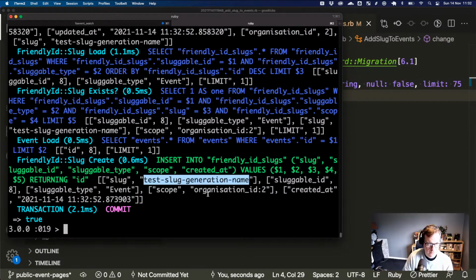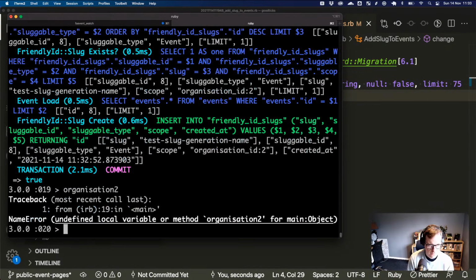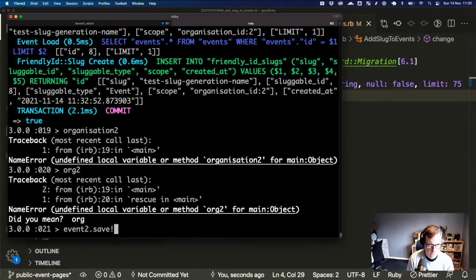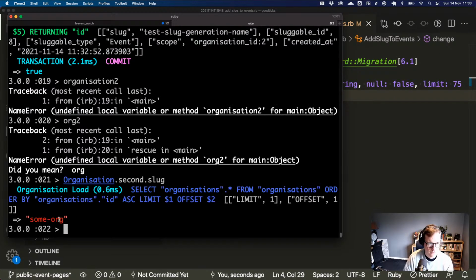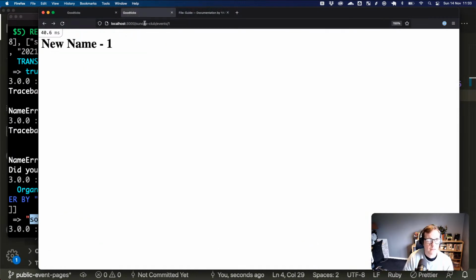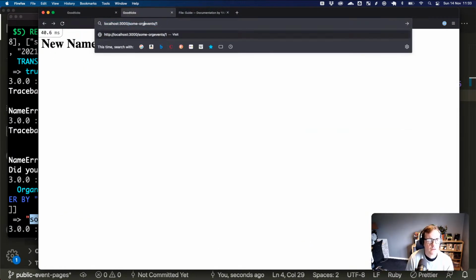So maybe what is 2, some org. I've already forgotten what the actual slug is.